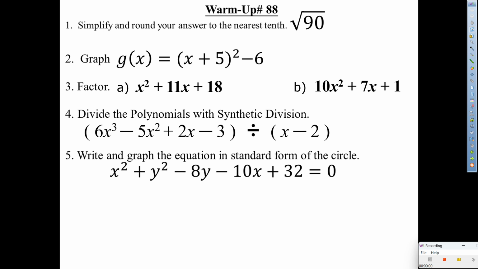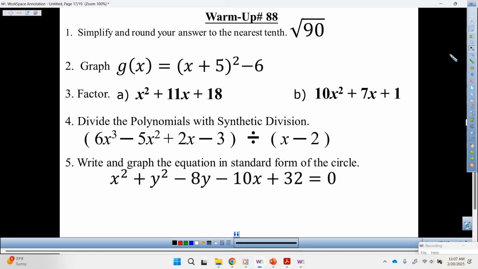All right, so warm-up 88 should be pretty easy by now, yeah? Maybe you might have questions on number 2, but I'll elaborate on that. However, let's get the show on the road. What'd you get for square root of 90? Approximately what? Let's go with